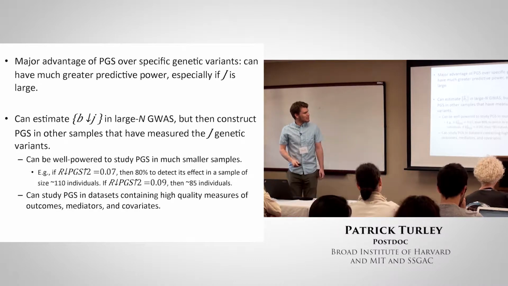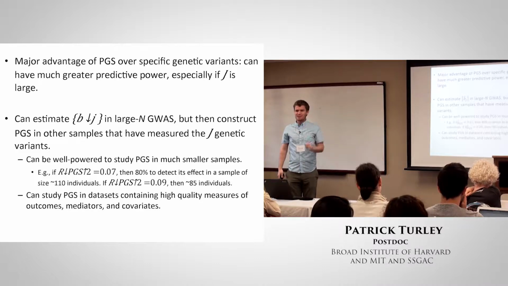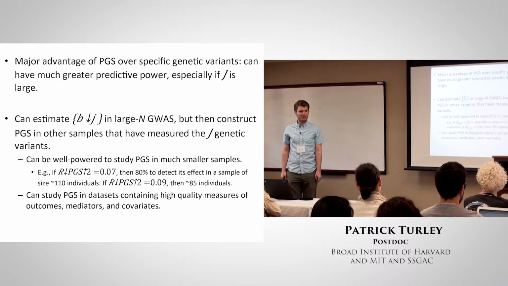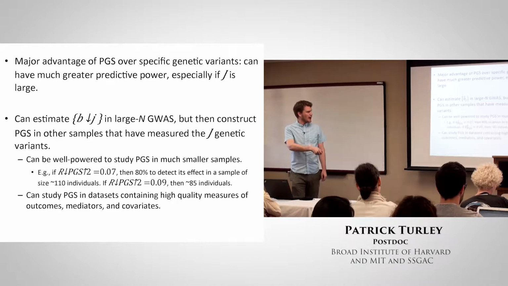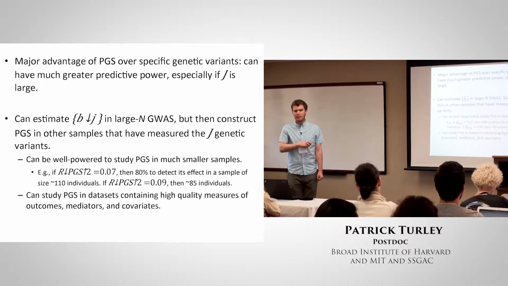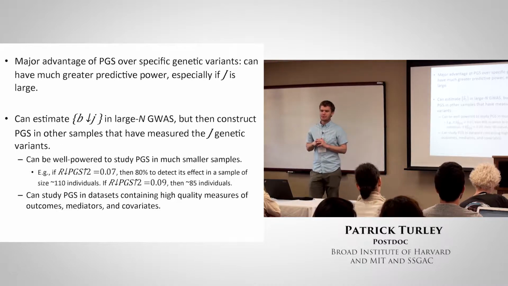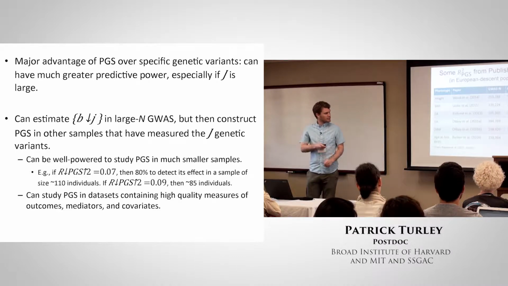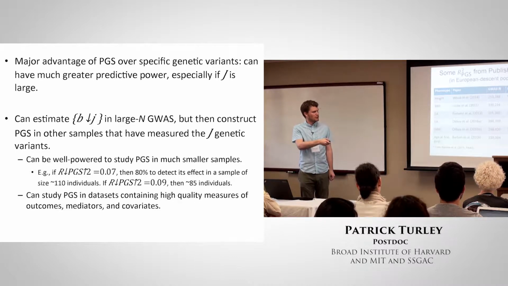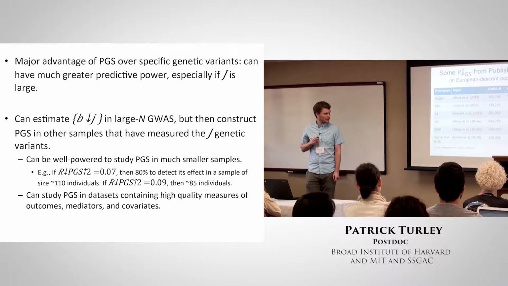So it is true that we're in a lot better position with these polygenic scores, but we need to be careful that this is not solving everything. We should make sure that the score we're using is going to be well-powered for the question that we want to ask. To get a sense of what well-powered might be for a polygenic score, if the R-squared of your polygenic score is like 7%, so this was what we had in the score based on just the EA2 results,